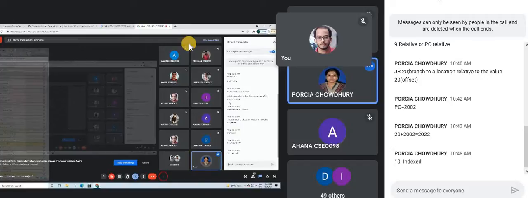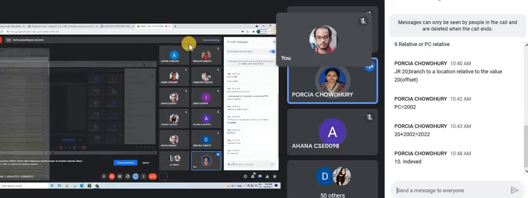Now we will change the equation over here. Previously the equation was the address part of the instruction plus the content of the program counter. Over here, it is the address part of the instruction plus the content of the index register. Index register is another special register of the CPU. So in case of indexed address mode, the address part of the instruction will be added with the content of the index register. That is your indexed addressing mode.